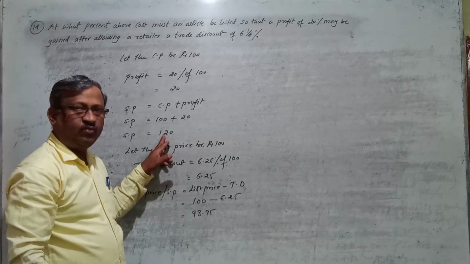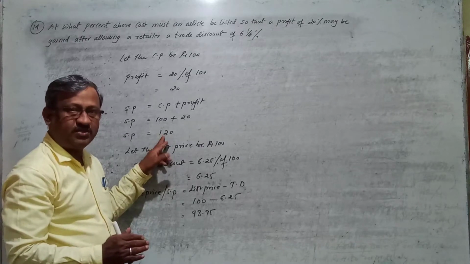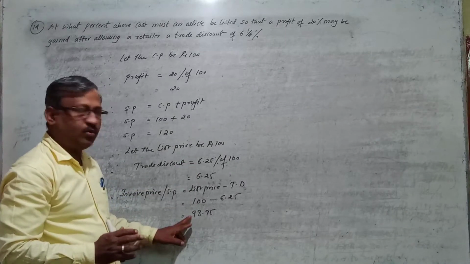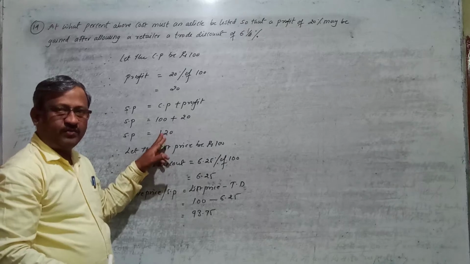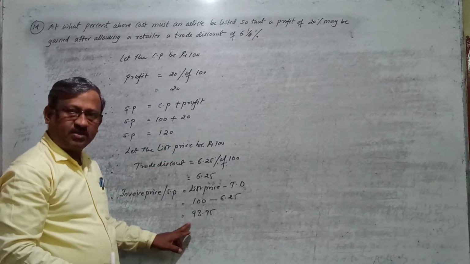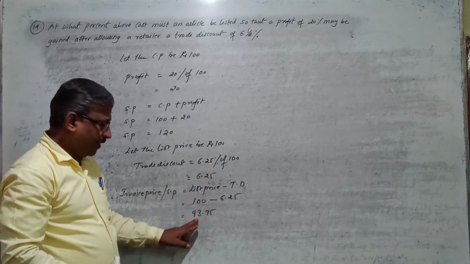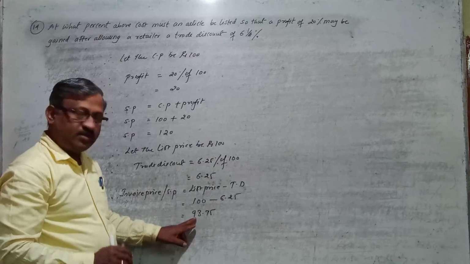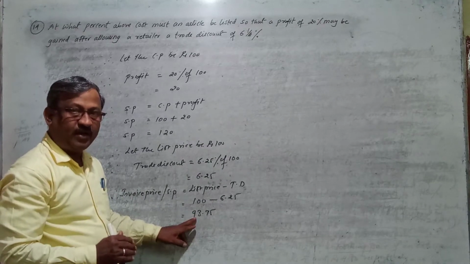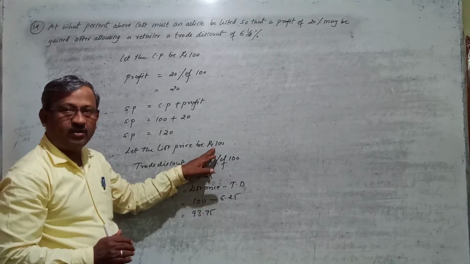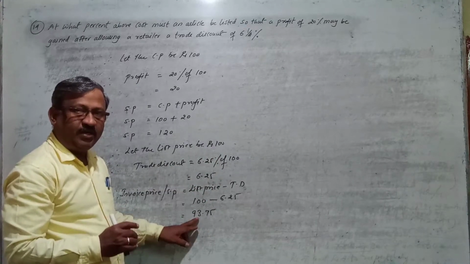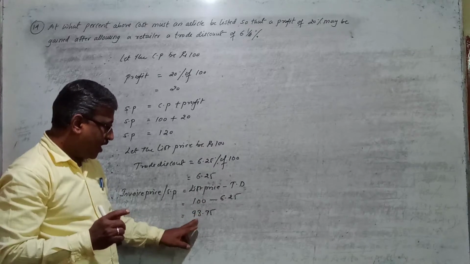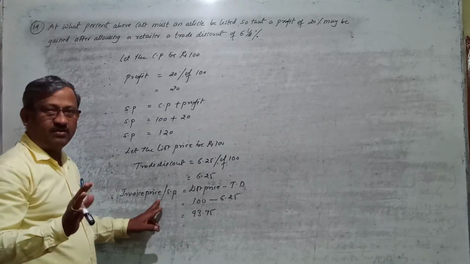So if he is selling at 120 rupees, I want to know what the list price should be. To find out the list price for this selling price, I have made this assumption. Why do we make this assumption? That is the reason to remember: to find the list price from the selling price. So as per my assumption, I know both prices, the selling price as well as the list price. My selling price comes to 93.75 when my list price is 100. So if my selling price is 93.75, then my list price must be 100. Then only I get 93.75 as my selling price, otherwise not.